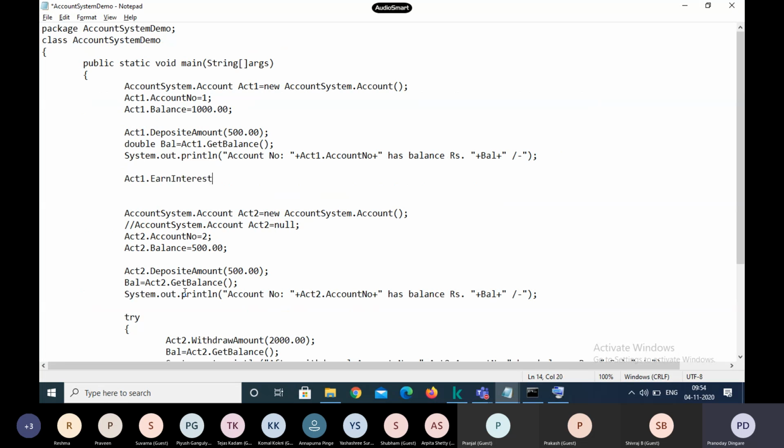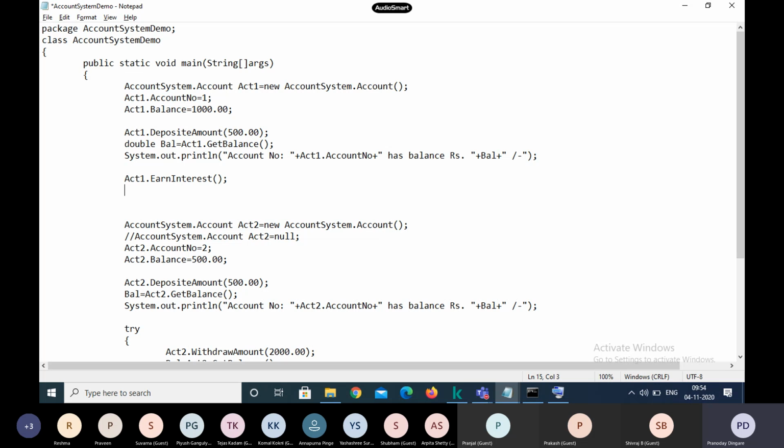Obviously everyone is going to earn the interest based on the amount he or she has in his or her account. It's always going to be different for everyone. So ACT1 dot earn interest, and then let's say I want to print the balance after I earn the interest. I want to know what it is after earning the interest. So I'll just say